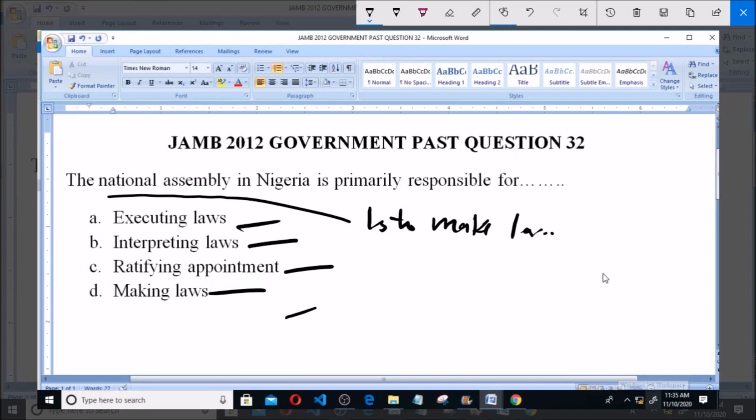make law. Since the primary function of the National Assembly is to make law, then option D is correct, which is making laws for the